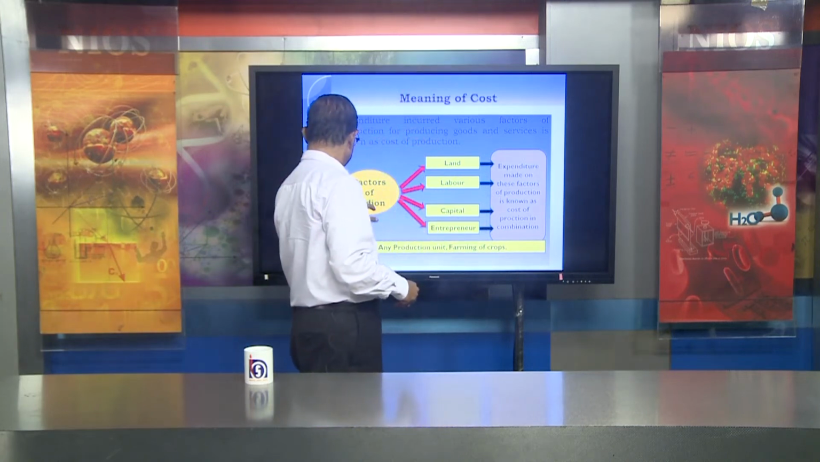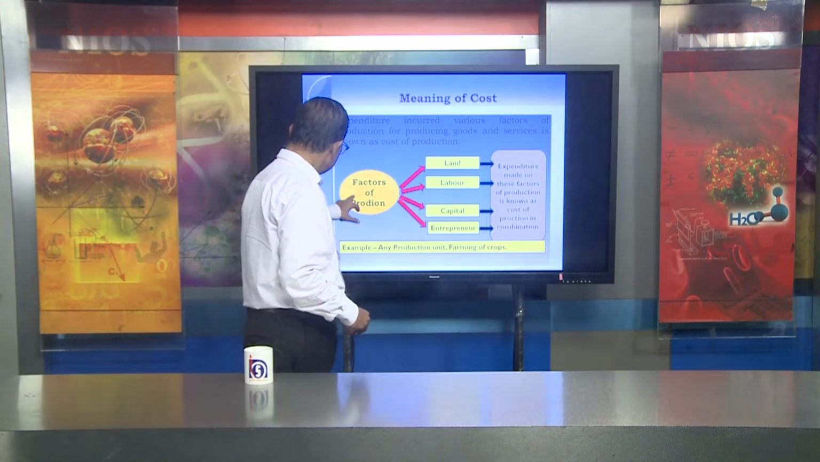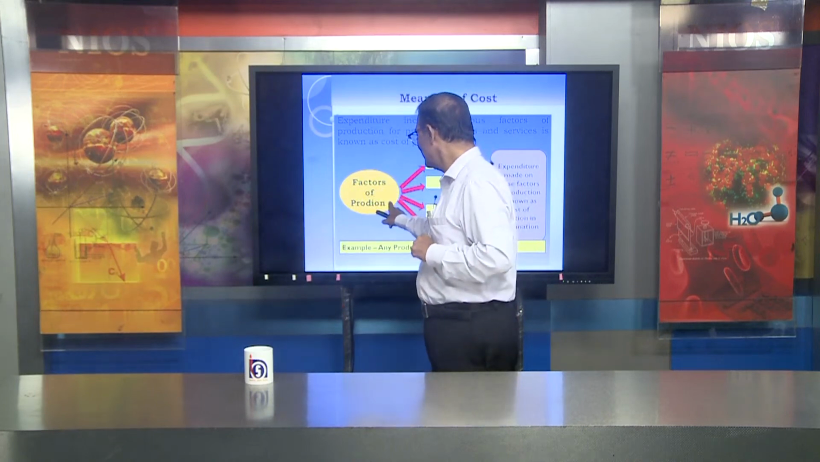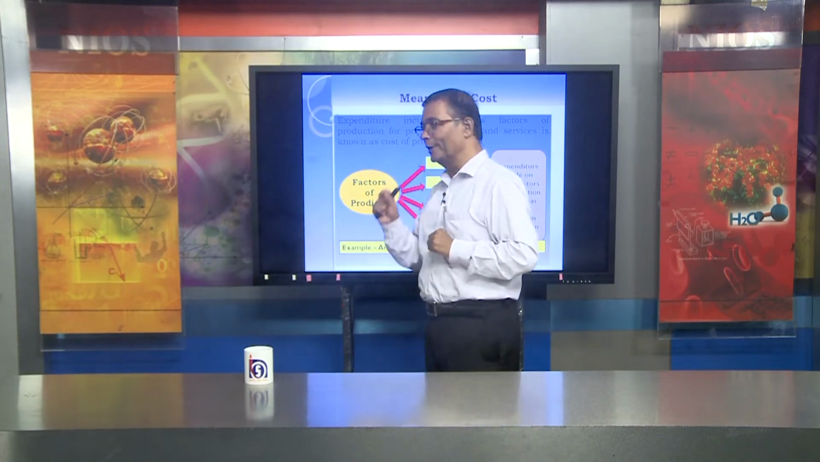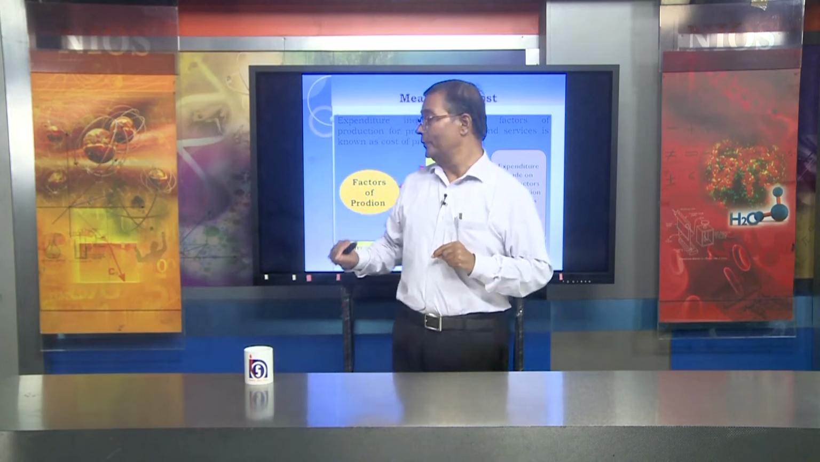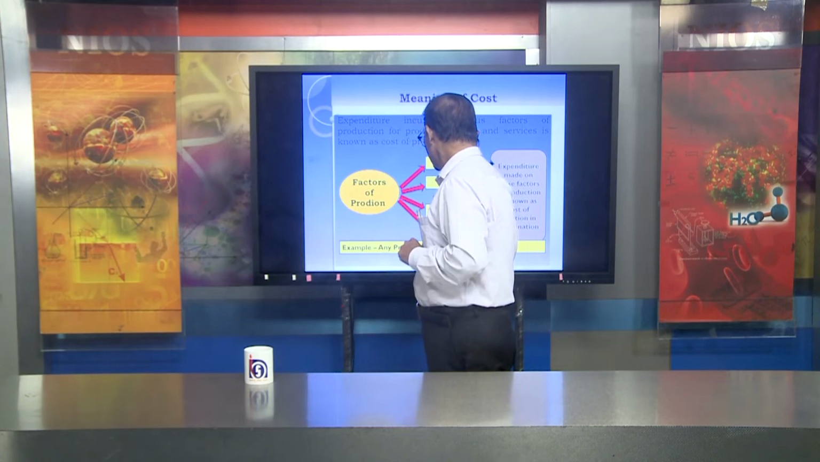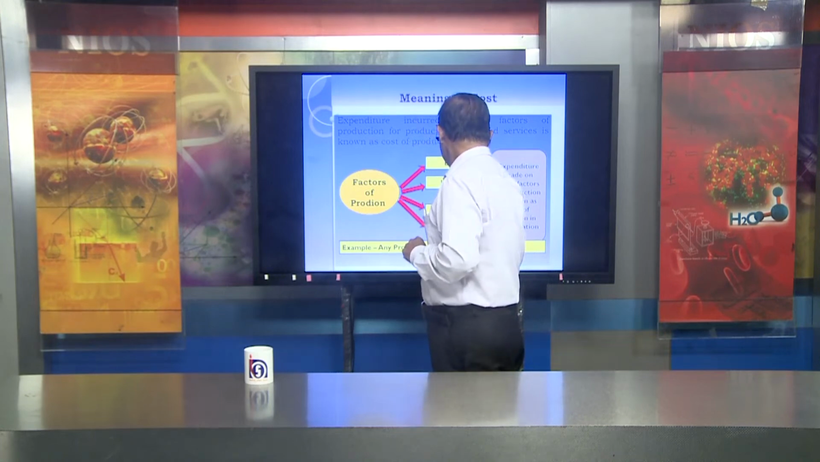Now, there is a minor mistake over here, that is production, but the spelling is not clear over here and written. प्रोडक्शन का यहाँ पे स्पेलिंग होगा PRODUCTION. Okay. So next to this, what we see, एग्जाम्पल के तौर पे एनी प्रोडक्शन यूनिट, फार्मिंग ऑफ क्रॉप्स,